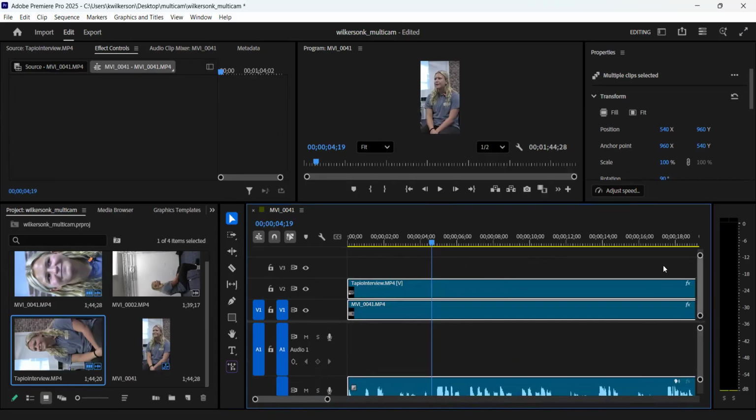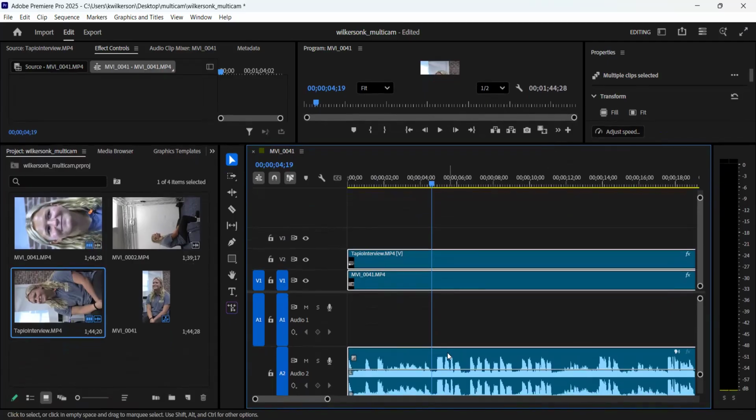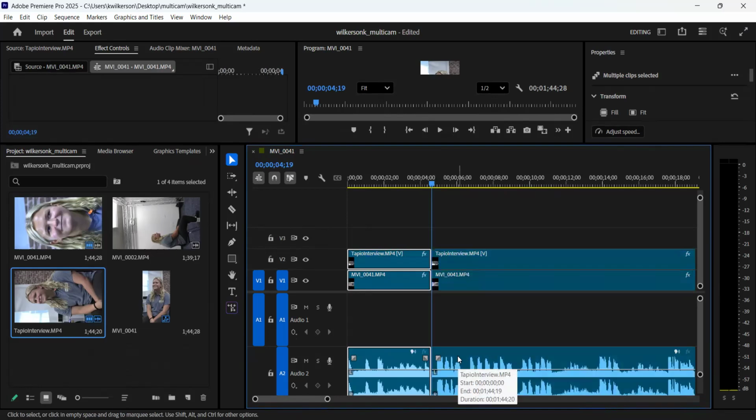What I'm going to do here is, right here where there's this big peak, that's where she says, my name is Katie Tapio. But I'm not going to put my playhead right next to that. I'm going to do it where there's a little bit of a pause just before she says that. So I'm going to put it there. This is where I want to cut it. I'm making sure that my clips are selected, and then I'm going to do Control K. And now